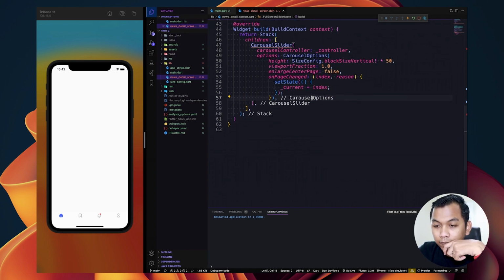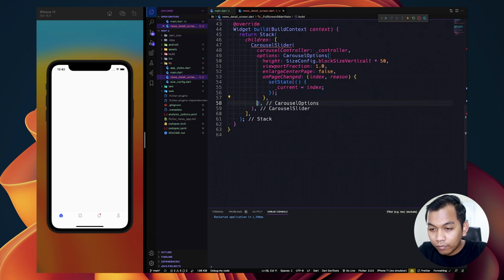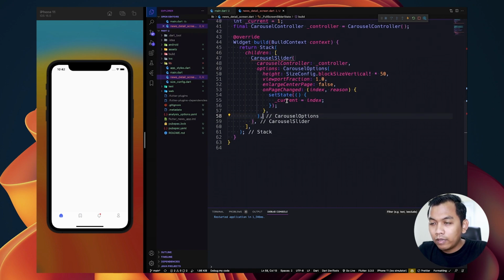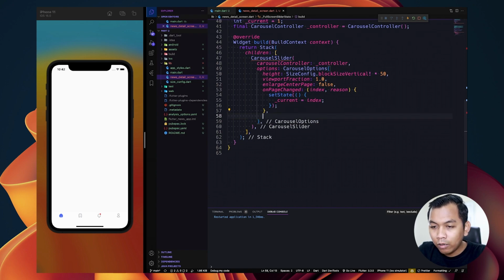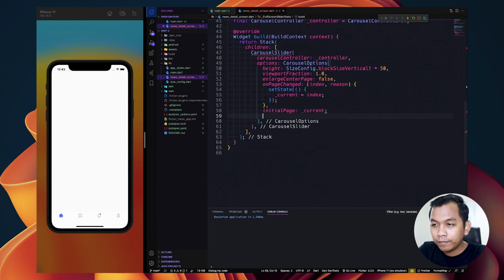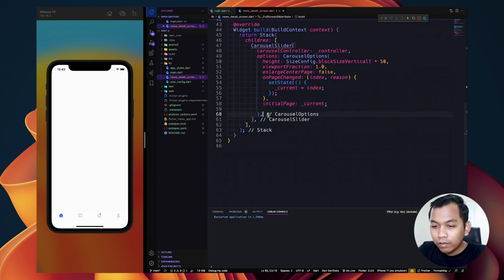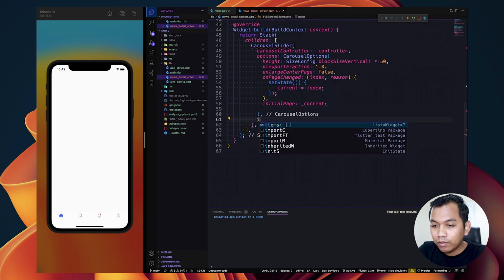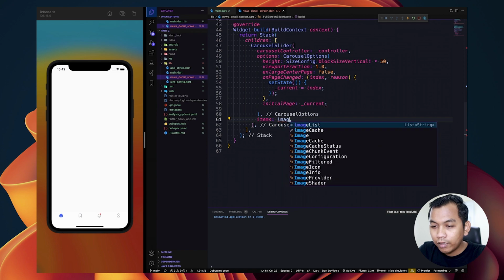It looks like this. And still inside this carousel option, we will also have initial page will be current. And again, for items, we will have image list.